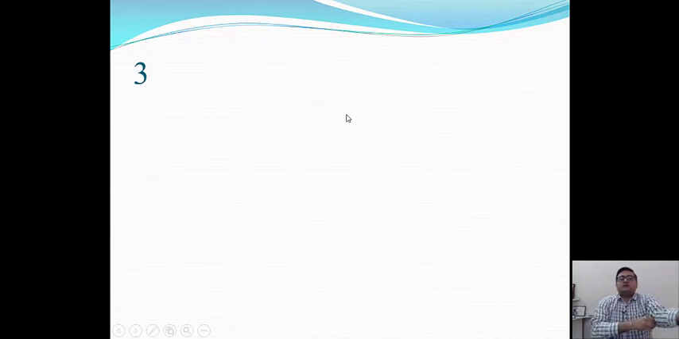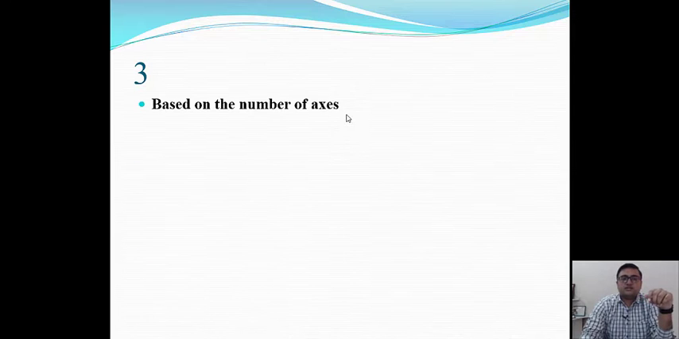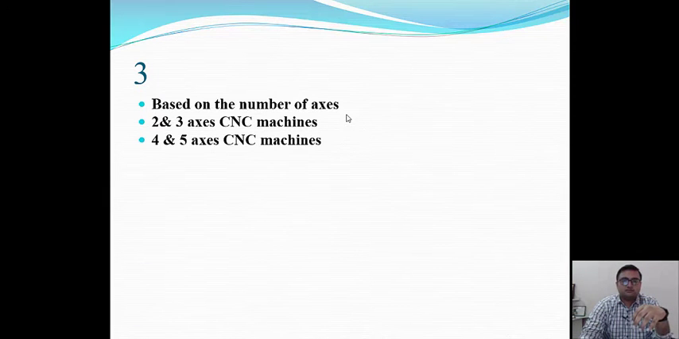We have already discussed two classifications. The first is based on the motion of the tools. It has two subcategories: one is PTP type, point to point type, and another is contouring type. Now, the second classification is based on the control loops, having two categories: one is open loop system, second is closed loop system. And today we are going to discuss the third classification category, that is based